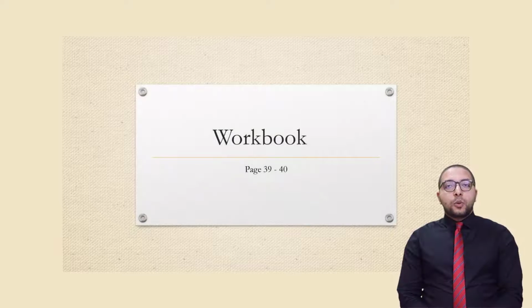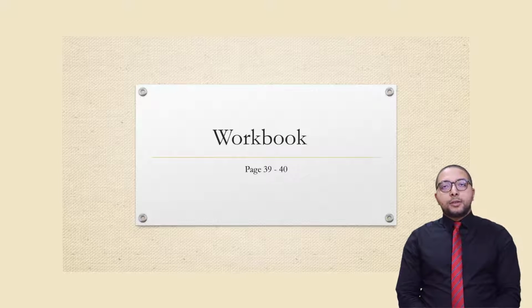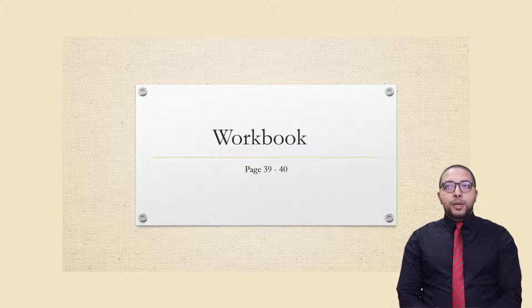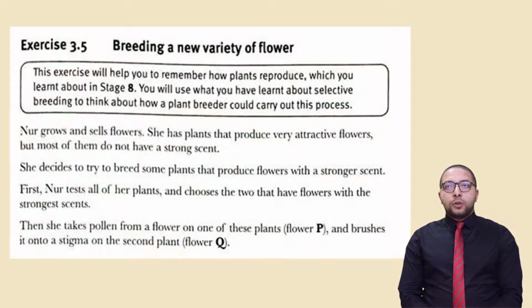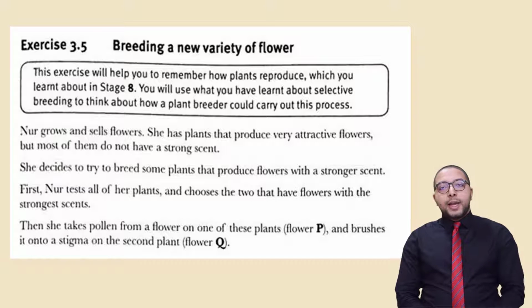We're going to start with the workbook on pages 39 and 40, so please get your workbook, and we're going to start with this exercise, 3.5, breeding a new variety of flower. This exercise will help you to remember how plants reproduce, which you learned about in stage 8. You will use what you have learned about selective breeding to think about how a plant breeder could carry out